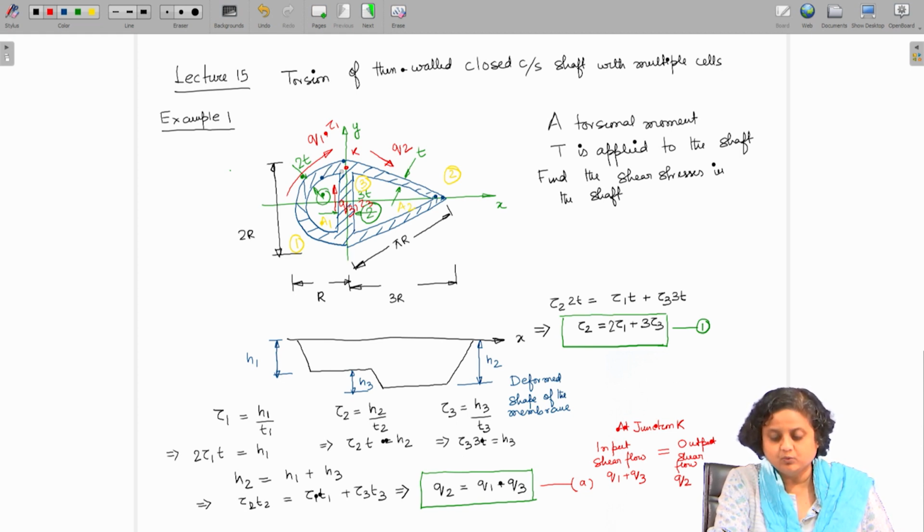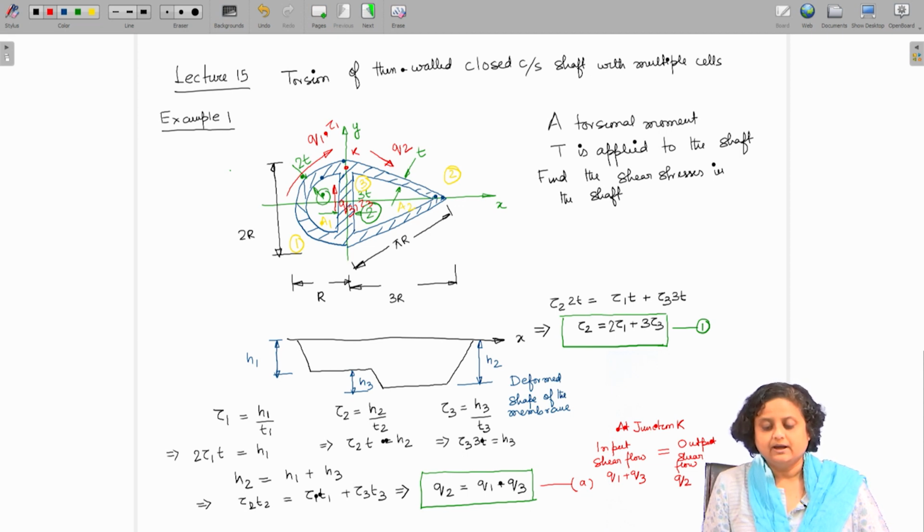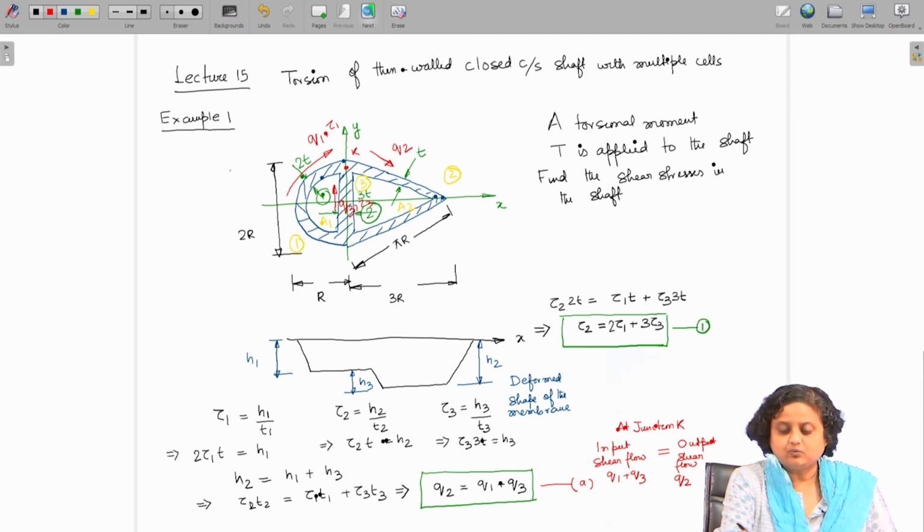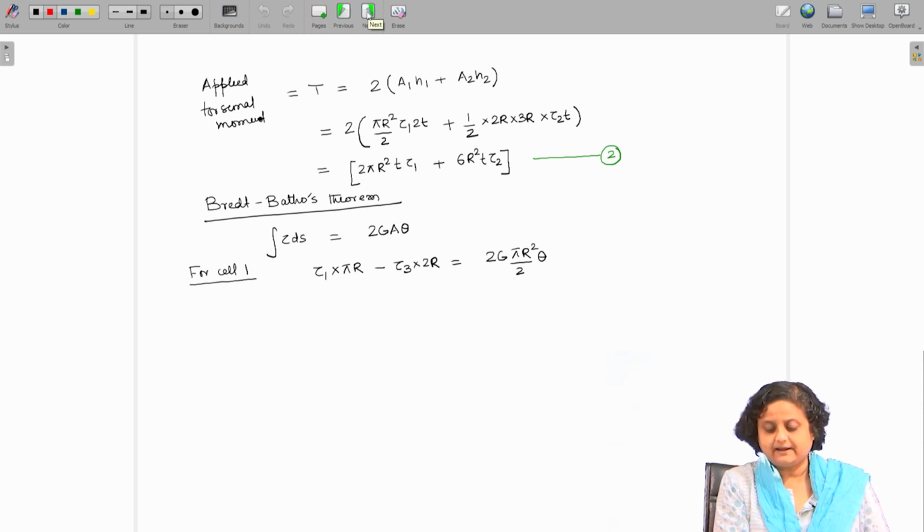Then as we move through portion 3, the shear stress is opposite to the clockwise direction. So, I have minus tau 3 into 2r, which is the length of portion 3. So, that is what we have done. We have taken tau 1 into pi r minus tau 3 into 2r,